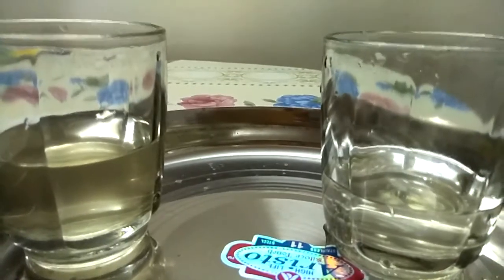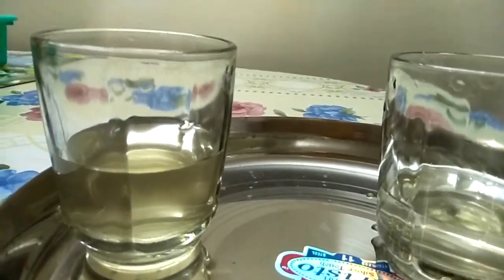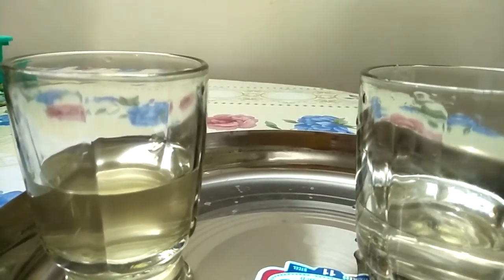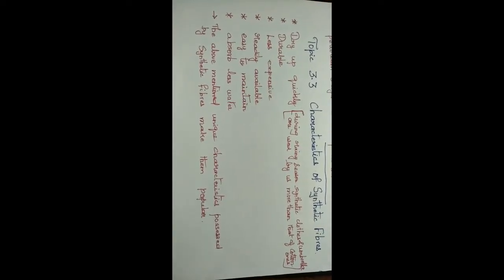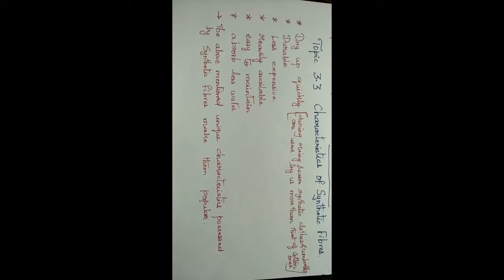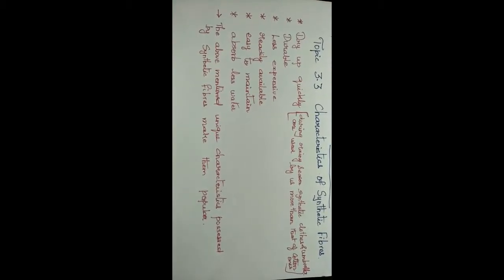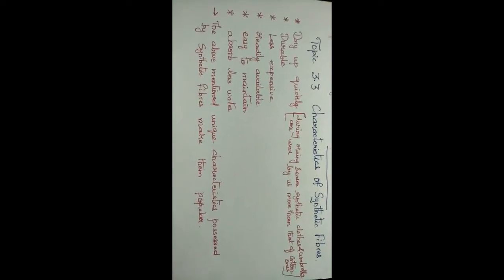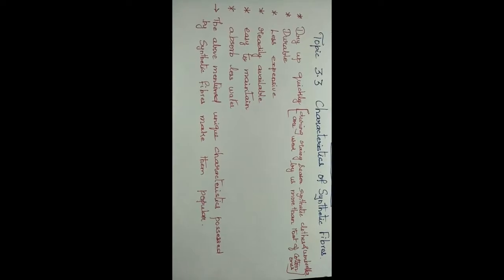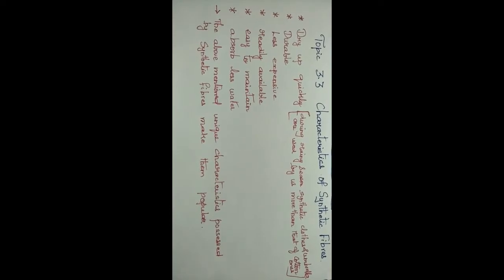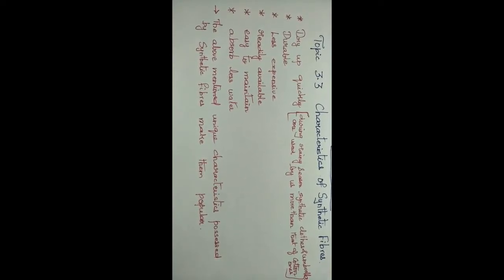So this proves that synthetic fiber absorbs less water than natural fibers. A cotton material absorbs more water than a synthetic material. So, the synthetic material dries up quickly also because it absorbs less water. So, it takes lesser time to get the water evaporated. So, that is why during the rainy season, synthetic clothes and umbrellas made up of synthetic cloth are more popular than cotton clothes.